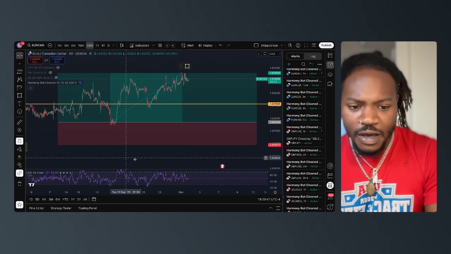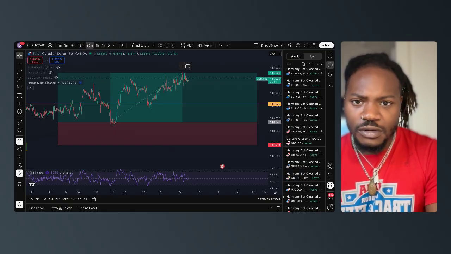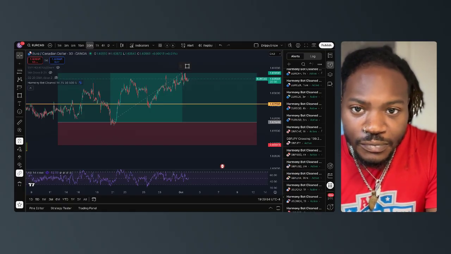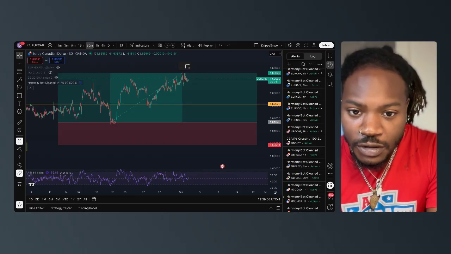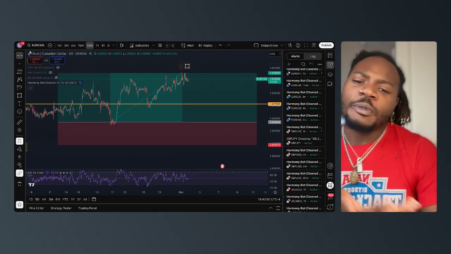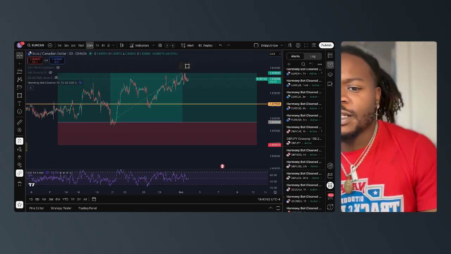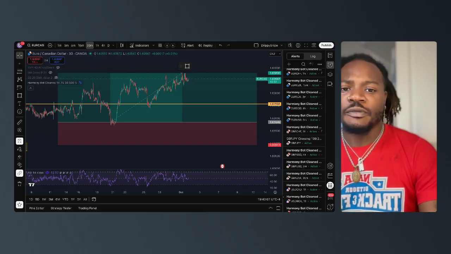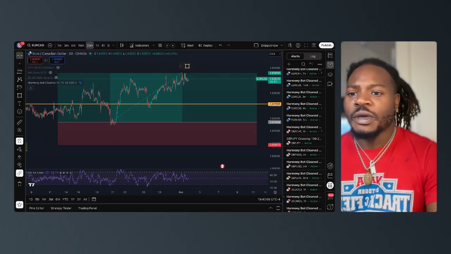Let me see if I can show you guys. Nah, it doesn't want to show that. Okay, that's fine. But when price got about right here, I let the chats know they were probably going to get an opportunity to get in before we actually ran full TP. And we got a perfect